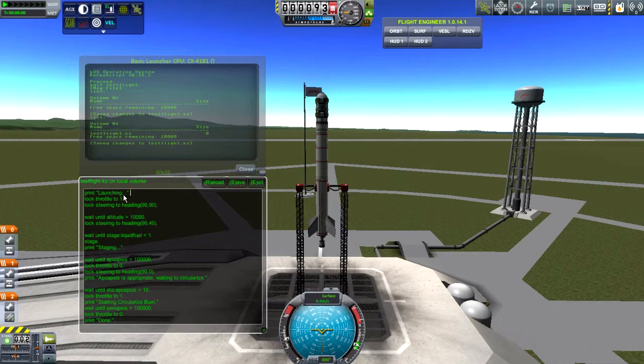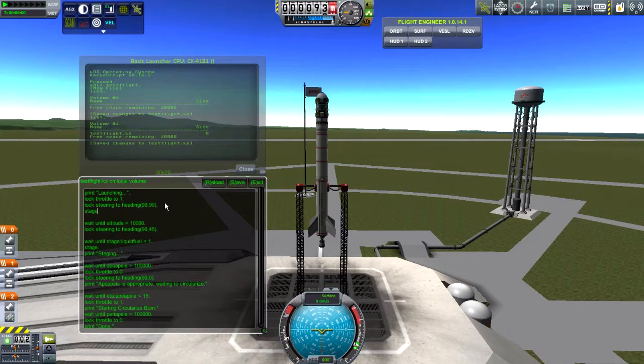Alright, so I've gone ahead and written a quick script that's going to hopefully get us to orbit, assuming there are not any bugs. Basically, what it says is when I run this script, it's going to launch the vessel. And I just noticed I need to tell it to stage. So it's going to print launching, set its throttle to 1,